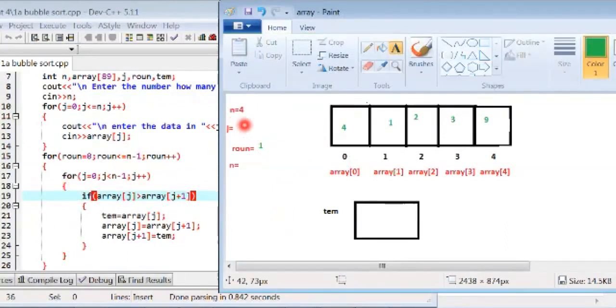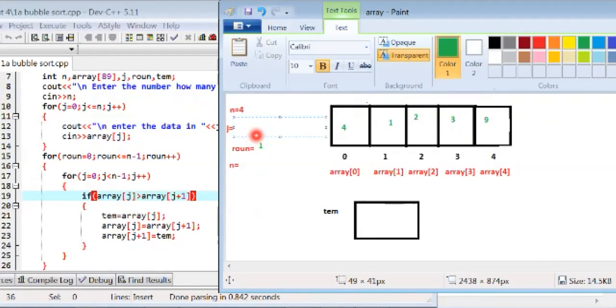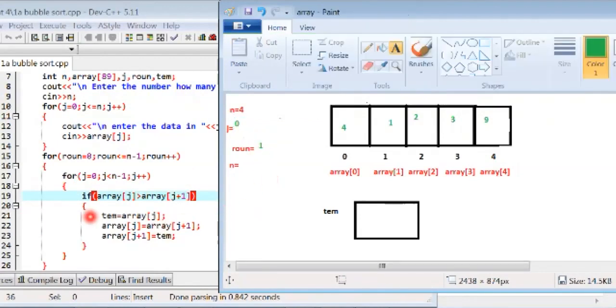And the value of j is 0 and array j is greater than array j plus 1. The value of array j is 4 and array j plus 1 is 1. The condition is true, then swap.